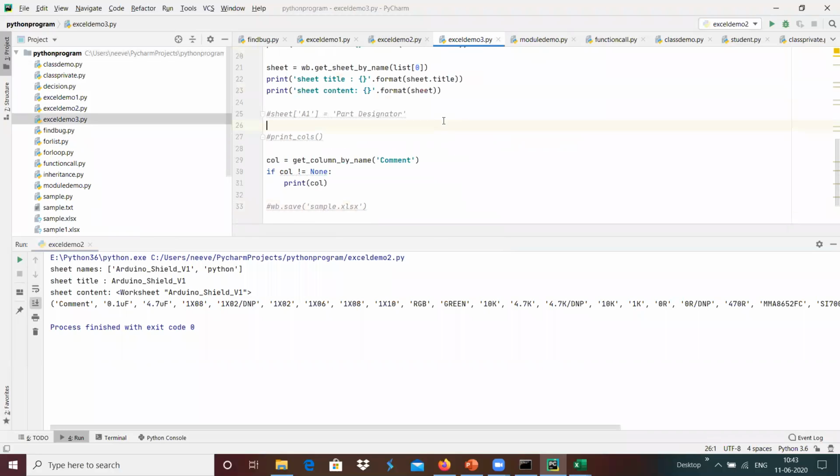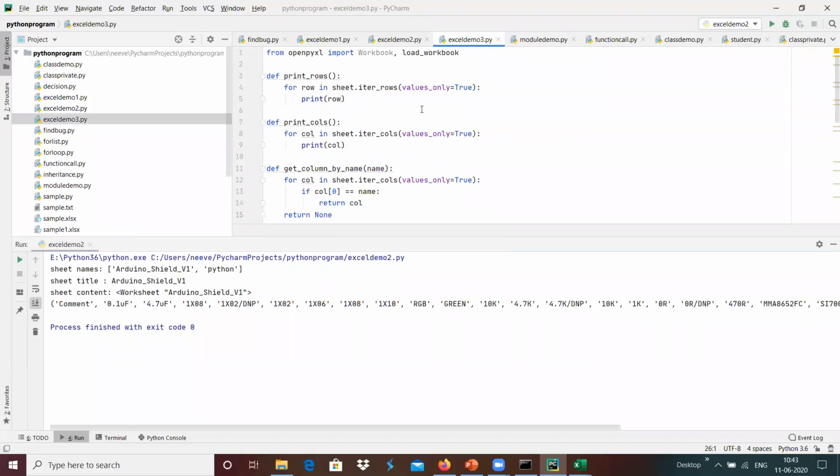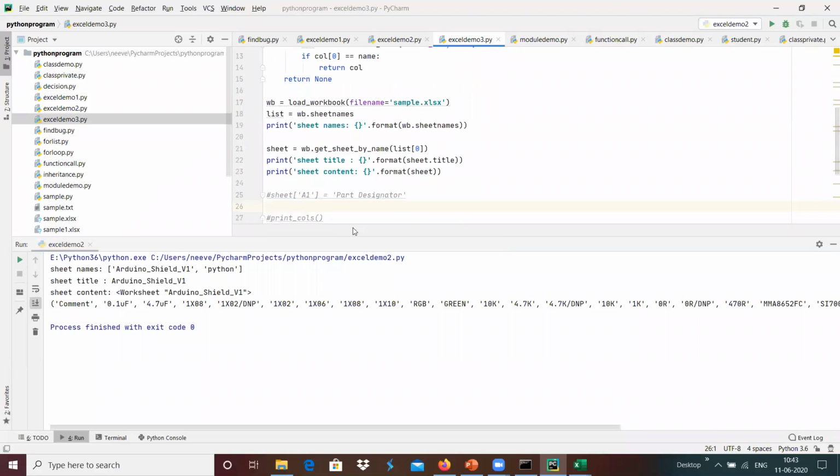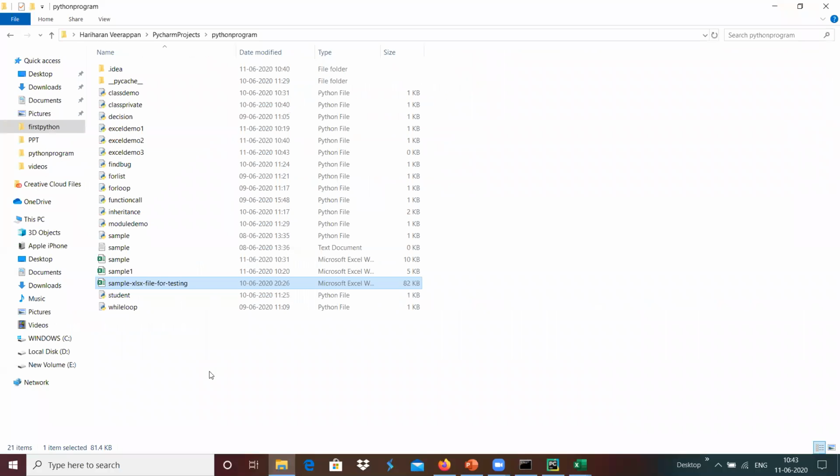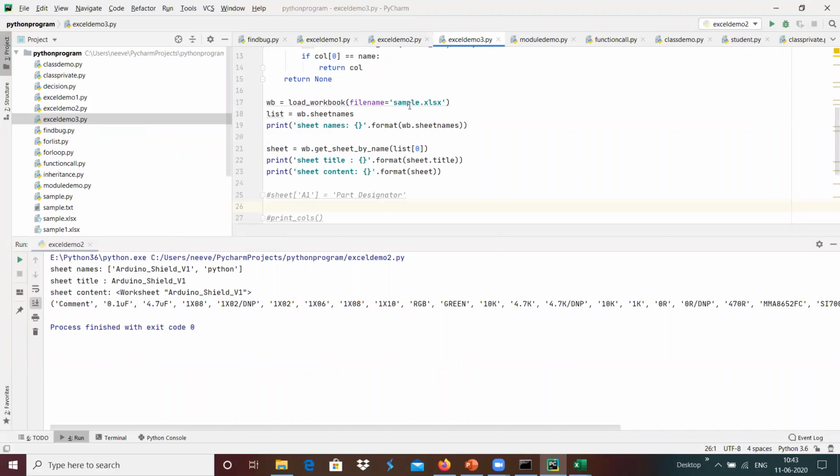Instead of loading the sample.xls file, I'm going to load this Excel file over here. It got loaded, and we got the sheet name of updated, and we will get the sheet titles.